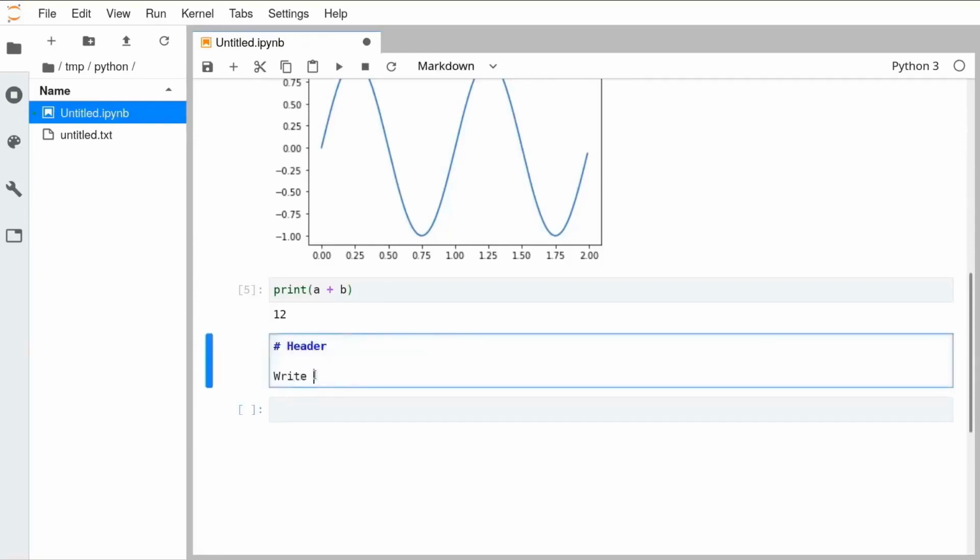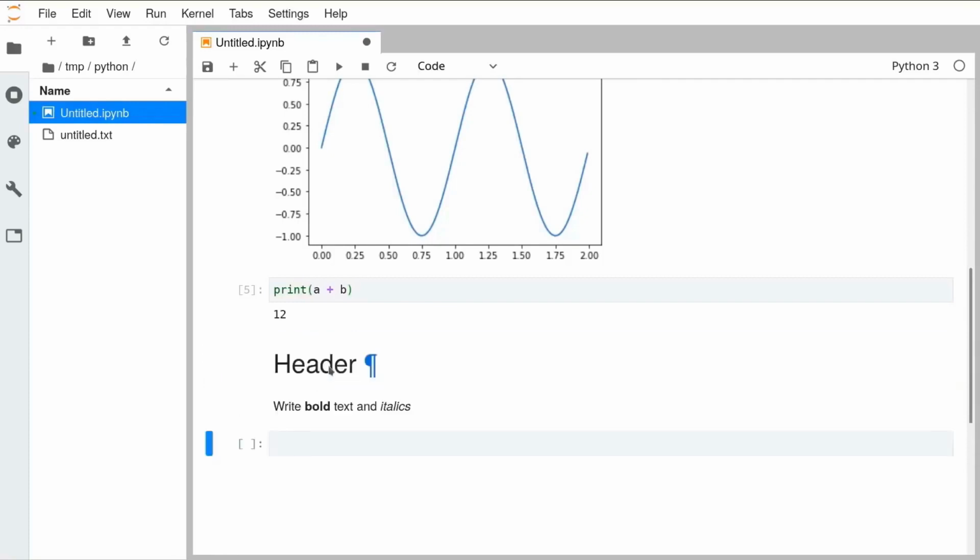You can write bold text and italics, or I could if I could spell correctly. And you see it formats it with bold and italics. And so what this allows you to do is to interlace with your code blocks of text which describe what your code is doing. And the real powerful thing about this is it gives you the ability to write a whole